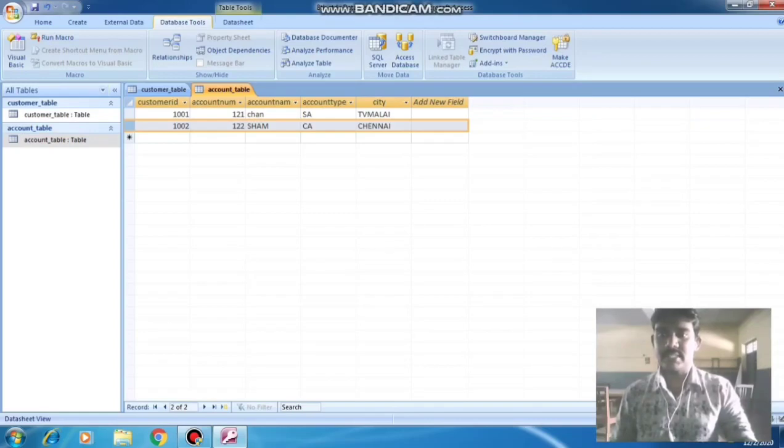Which column is set as the primary key? We have to check whether customer ID is set as a primary key or not, and whether the account number is set or not. You have to check in design view itself.